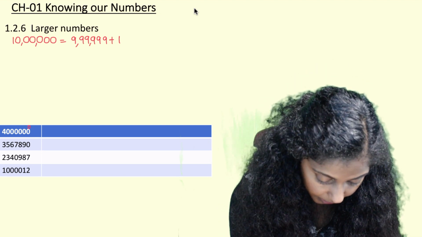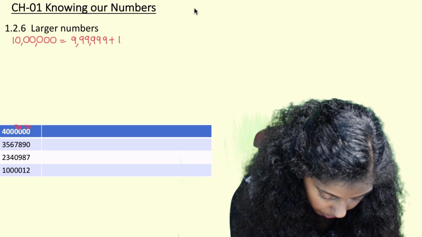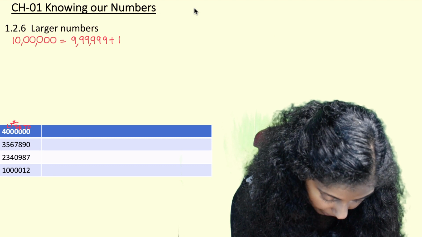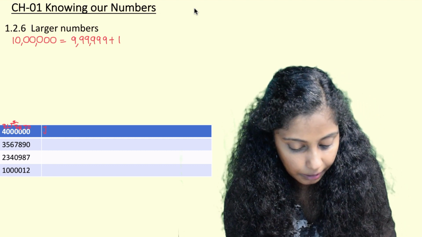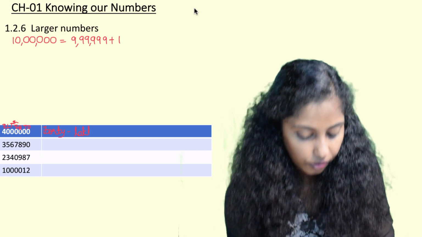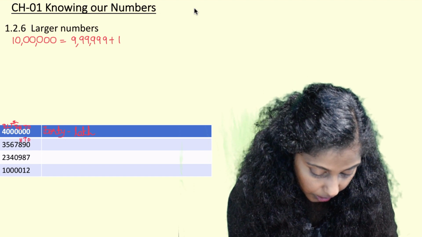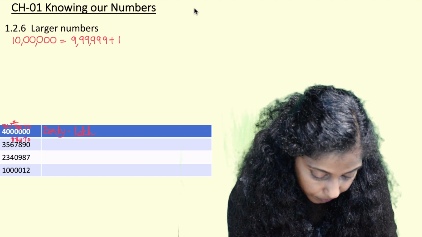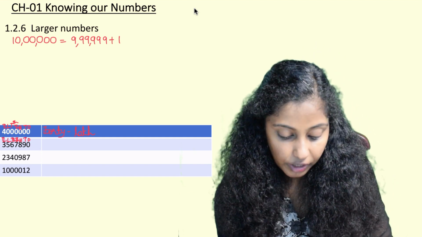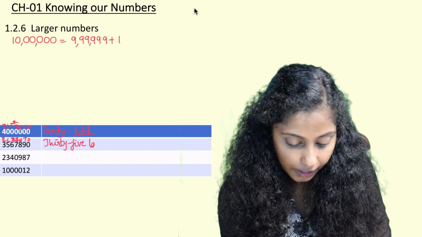Now here again we write ones, tens, hundreds, thousand, 10,000, lakh and 10 lakh. So in 10 lakh place we have 4, 40. 4 tens are 40. So 40 lakh. We'll write in words. Again ones, tens, hundreds, thousand, 10,000, lakh, 10 lakh. So here in lakhs group we have 3, 5. So we write it as 35 lakh.